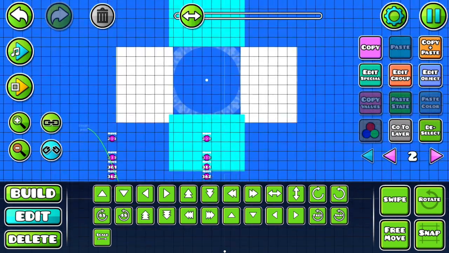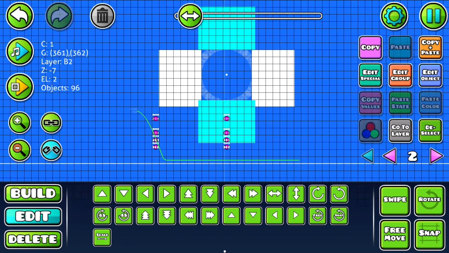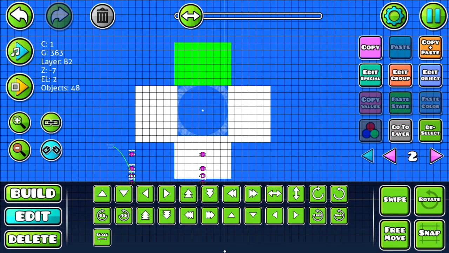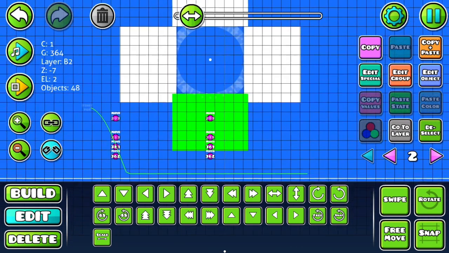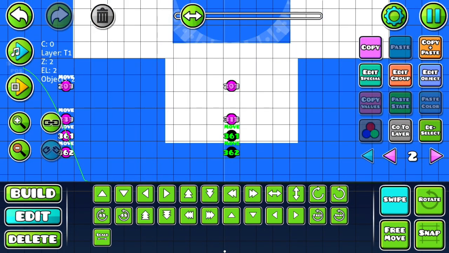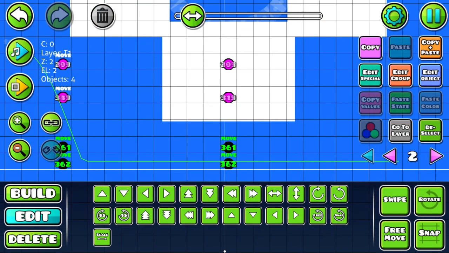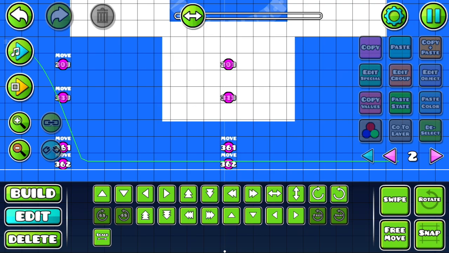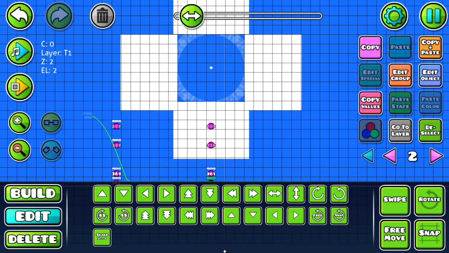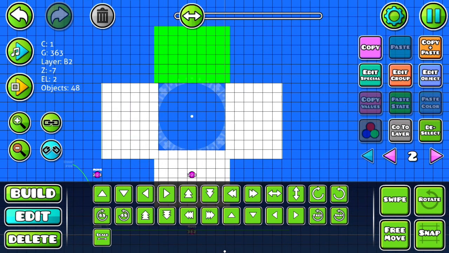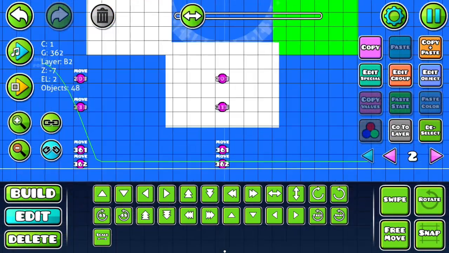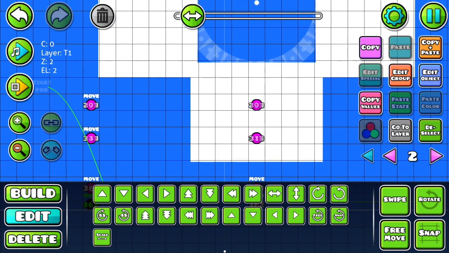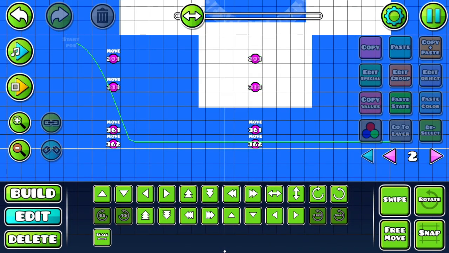Now with these ones, we're going to give them their own group IDs. Like I said before, if you're going to make this a background, which the chances of you doing that are very high since this is a background thing, this isn't a foreground or any other ground thing, you're definitely going to want to expand these side things to the edges of your screen, but I'm not going to be doing that. So once you have that, and you give those their own group IDs,